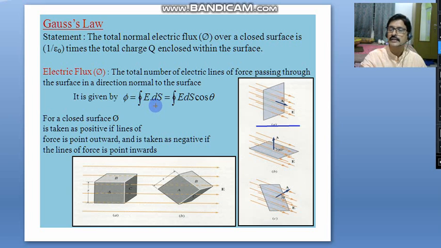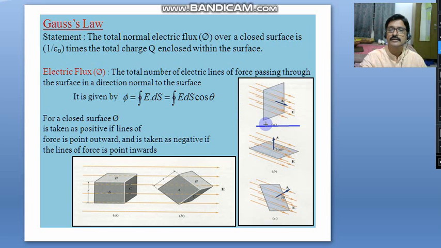E dot ds means we know the dot product of vectors. So from that, E dot ds is equal to E ds cos theta, where theta is the angle between the lines of force and the outward normal to the surface, which means